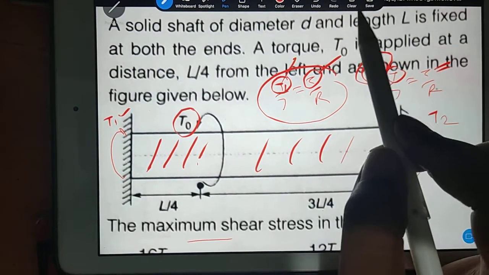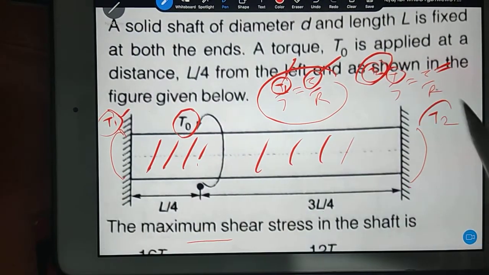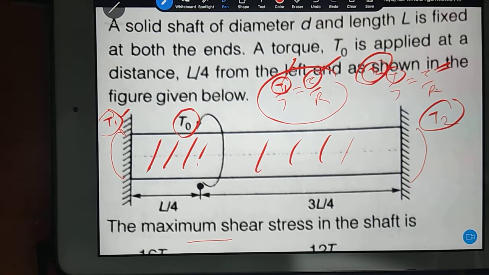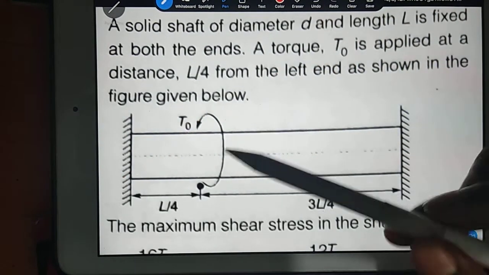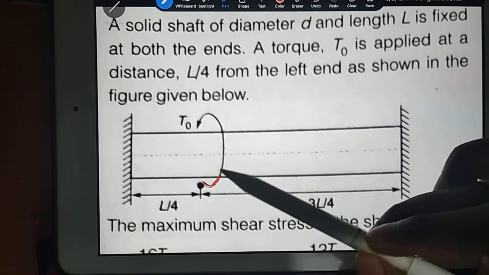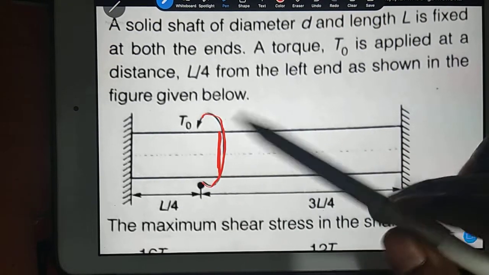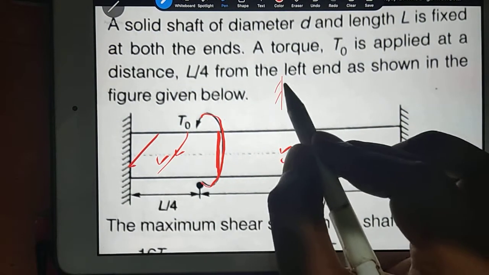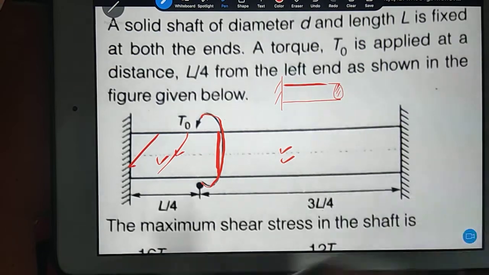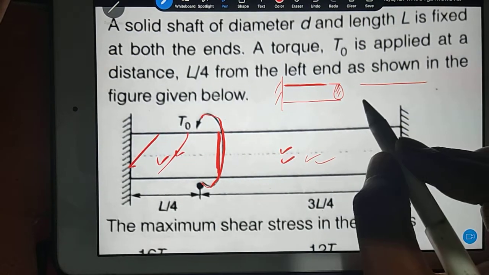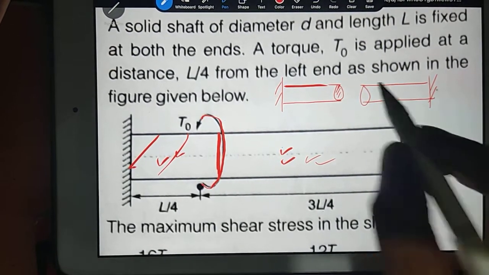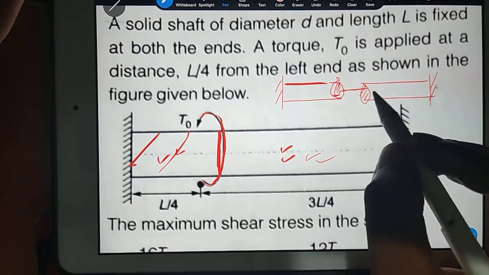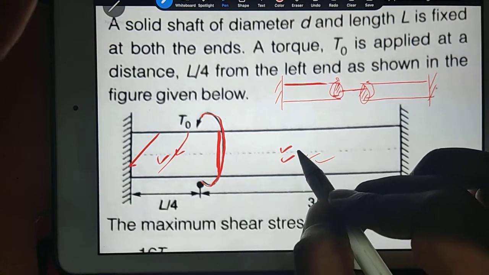Okay, how will you calculate this? The problem is we don't know the T1 and T2 values. As I said, one thing will be common for sure, constant for sure. In this case you can see where the torque is acting, there will be a common disk, correct? That disk will be common for this part and for this part. I mean, if I draw only this portion, I will draw it like this. And if I draw this portion, then this portion also I will draw like this. So this disk is the common disk. They are attached actually, right? Whatever rotation is coming here, here also the same rotation is coming, correct?